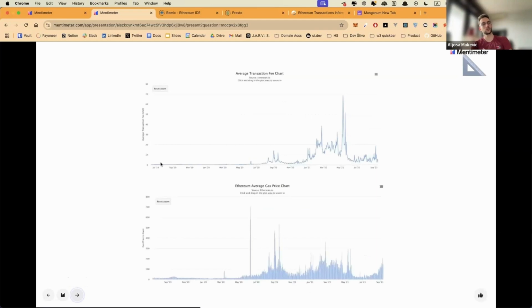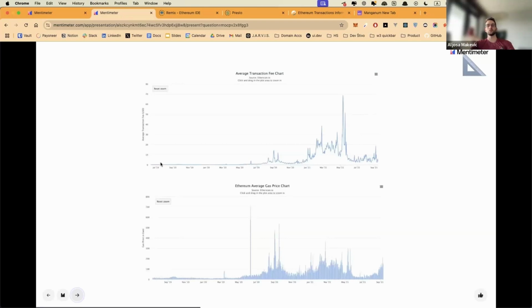So that all sounds fine and dandy. But Ethereum has an issue that sometimes affects everybody on the network and every dApp, and that is spikes of transaction fees.